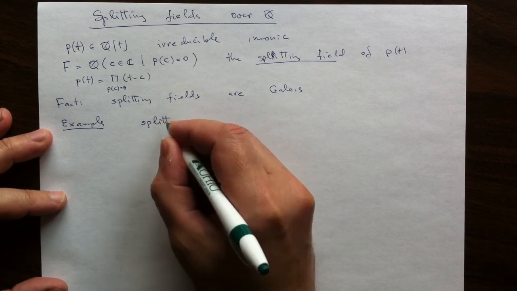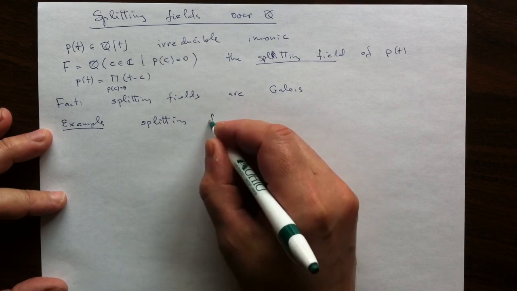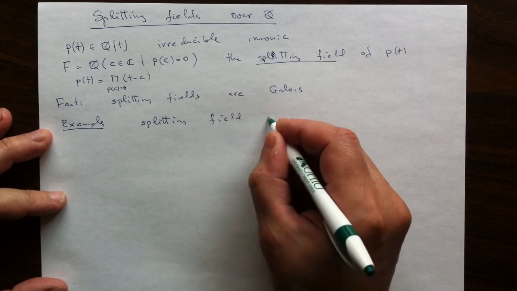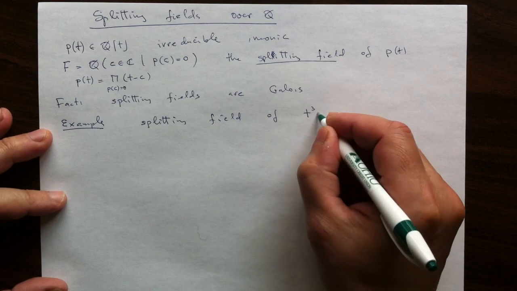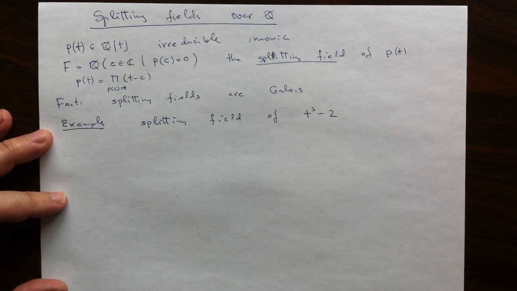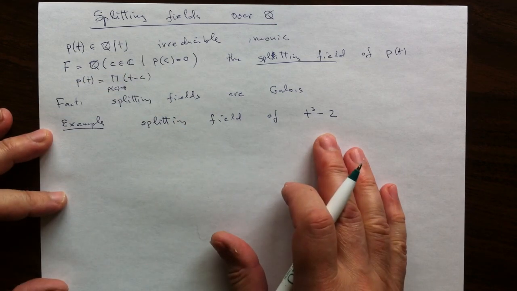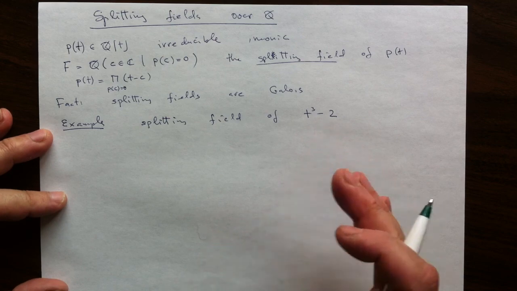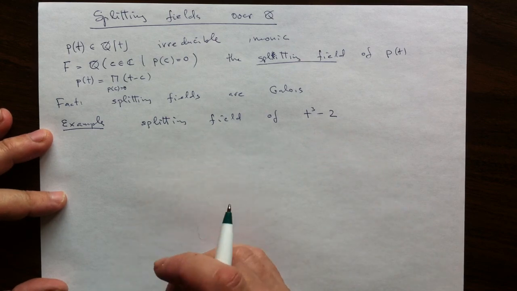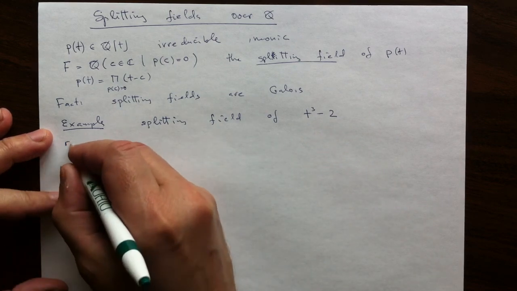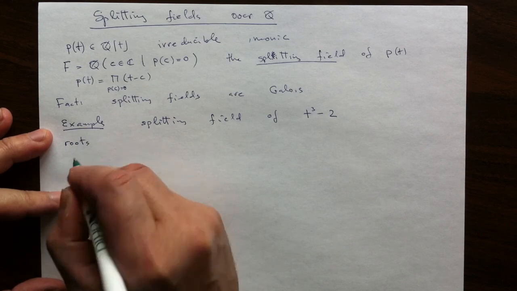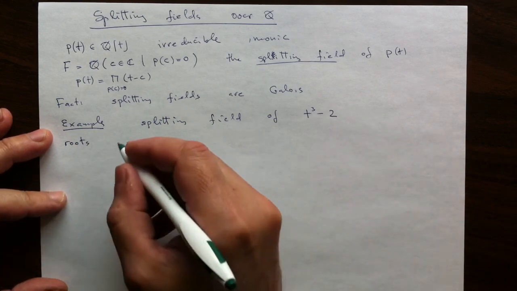We'll construct the splitting field of this irreducible polynomial. The procedure is straightforward. We just need to start with the collection of roots of this polynomial and attach them to rational numbers and see what happens. So to see what the roots are is the first step. And the roots are